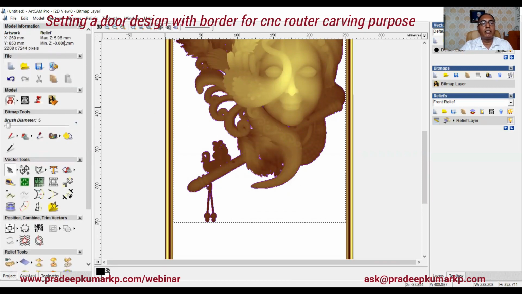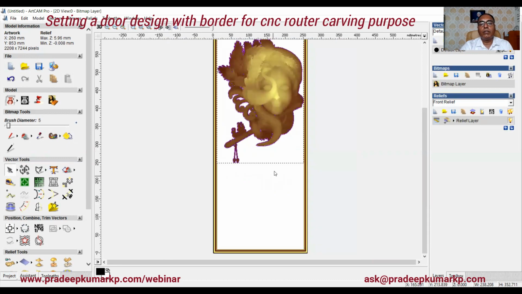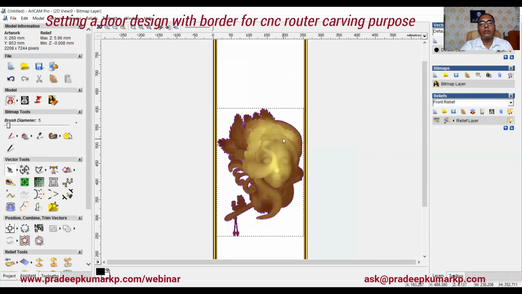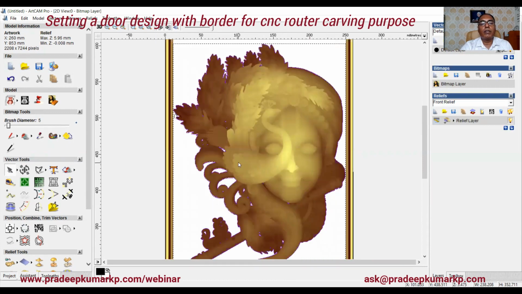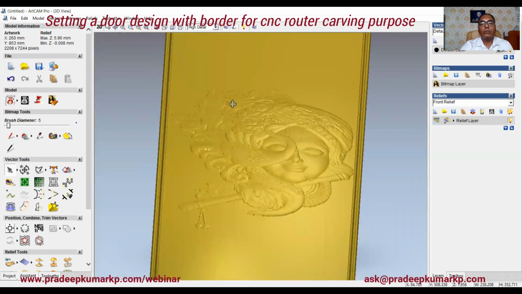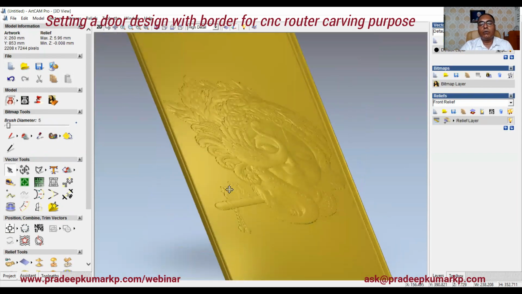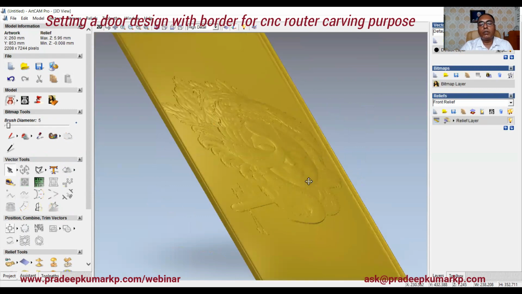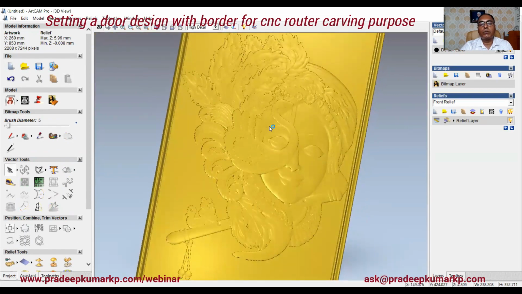Now you can see that the 5.96 design size has come. A little bit, some places it has gone minus, so don't worry about that. Okay. So now the maximum design height in the center and the border is the same thing. So you will get a